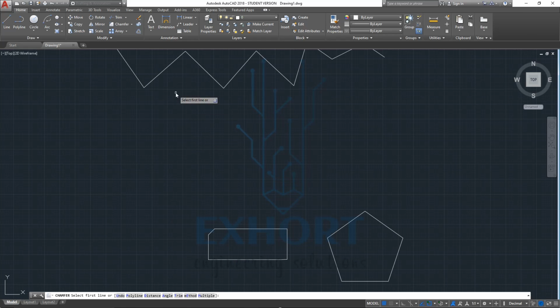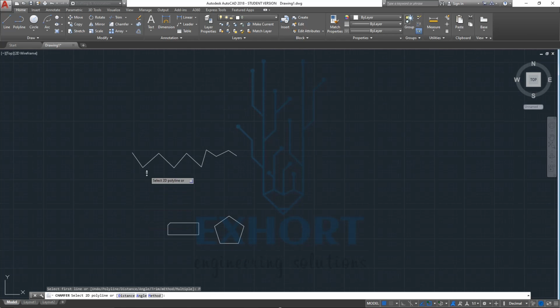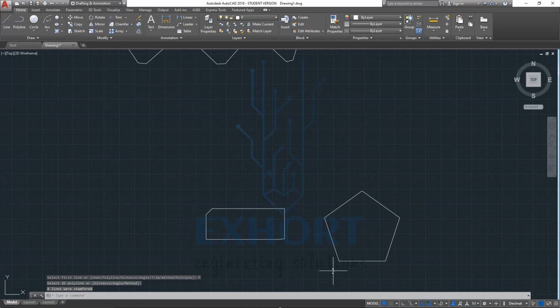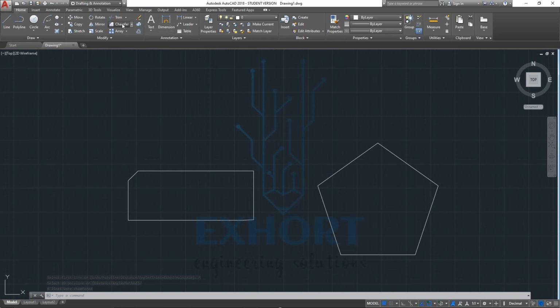Also we can use this on a polyline. Just select polyline, go to the polyline, and you will notice that we can chamfer our polyline. So likewise we can use the polyline option with this chamfer. Now I will show you trim. This is simply like the fillet. This method, what is this? I will show you. Just select method and we have to use distance or angle.